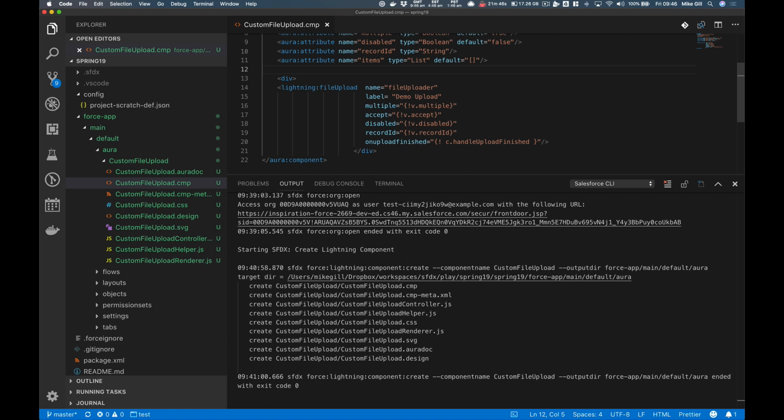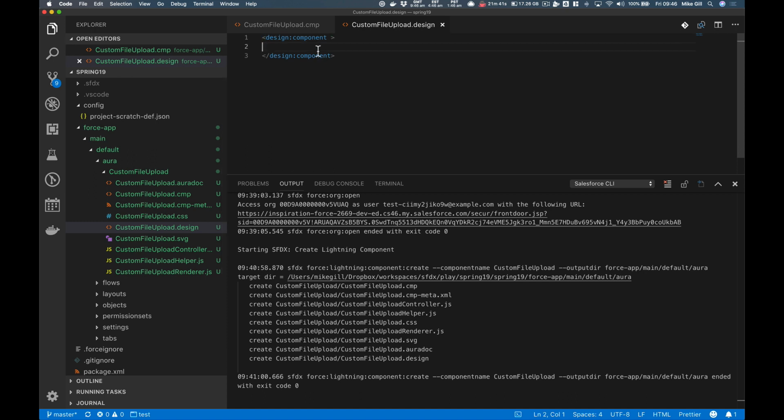So let's have a look at the design element. Okay, so the design element is what is exposed to the configuration side of the component. So when you're composing components in a Lightning page or in a flow, you set some parameters typically, whether it's a record ID, some defaults, whatever it may be. That's all handled by the design component. Okay, so I'm just going to enter in a design. All right, a design attribute, I should say. So I didn't auto-complete correctly. So design attribute